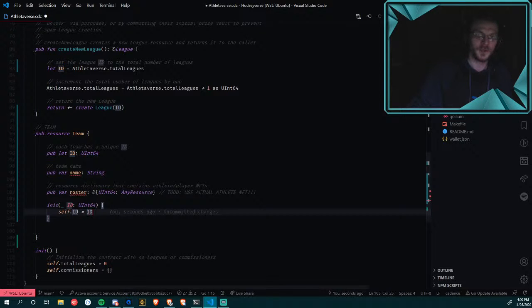The roster for the team, again this is just roughing it out, could actually be stored inside of this team resource, so you could store those NFTs in here. I don't know if that's the way we're going to roll it out, because it might be cool to have your teams live in your own wallet and just pass a capability to whatever team they're playing for, because then you could potentially play for more than one team, right? There are multi-sport athletes in the world.